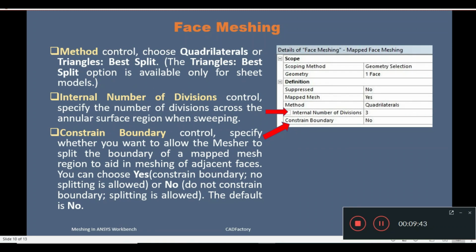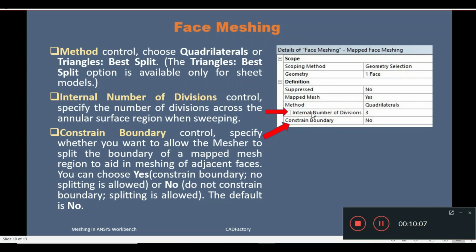What is meant by method control? Here we have two options, quadrilateral or triangles. The triangle-based split option is available only for sheet models. Under this method setting, you can find two controls, quadrilateral and triangle-based split.